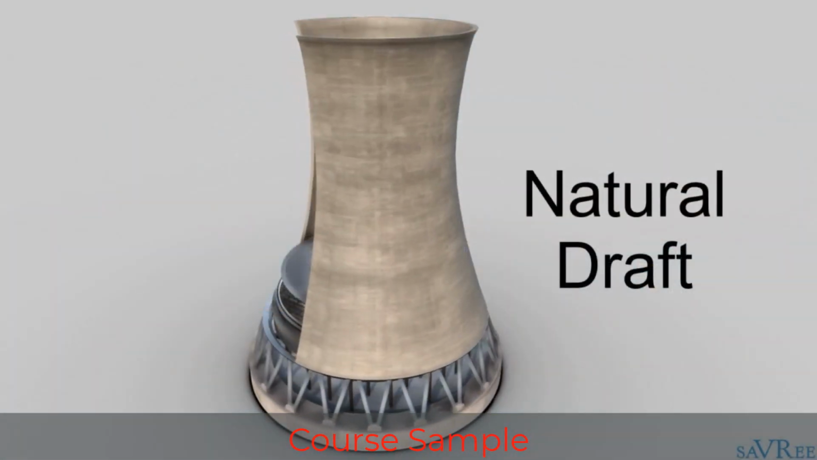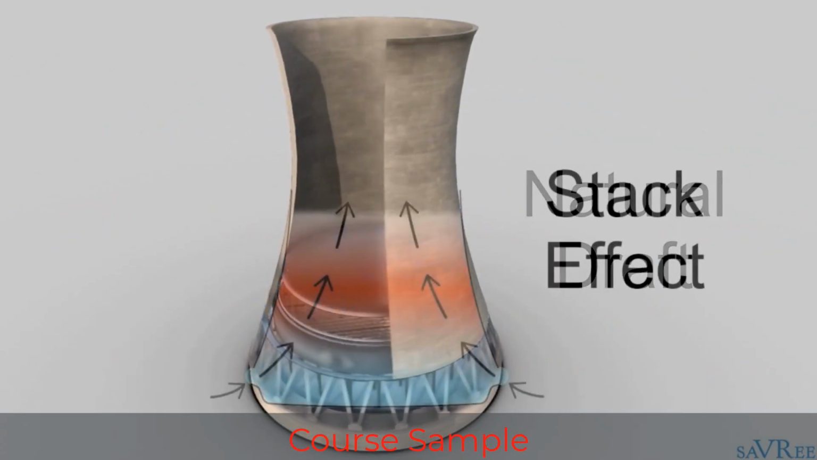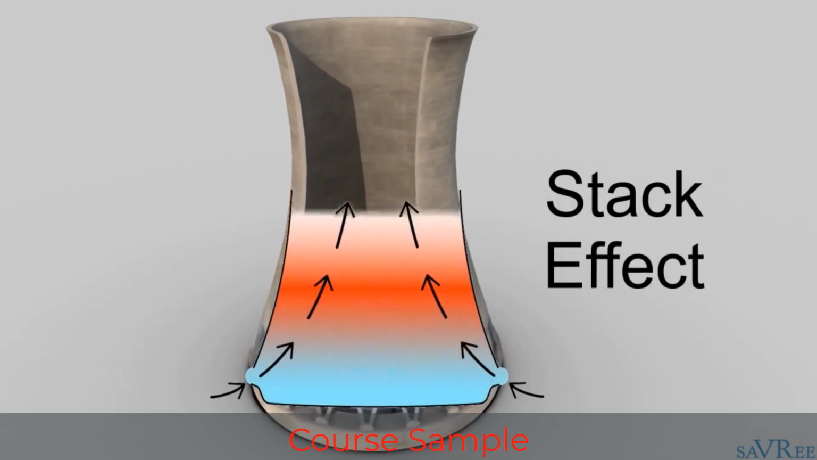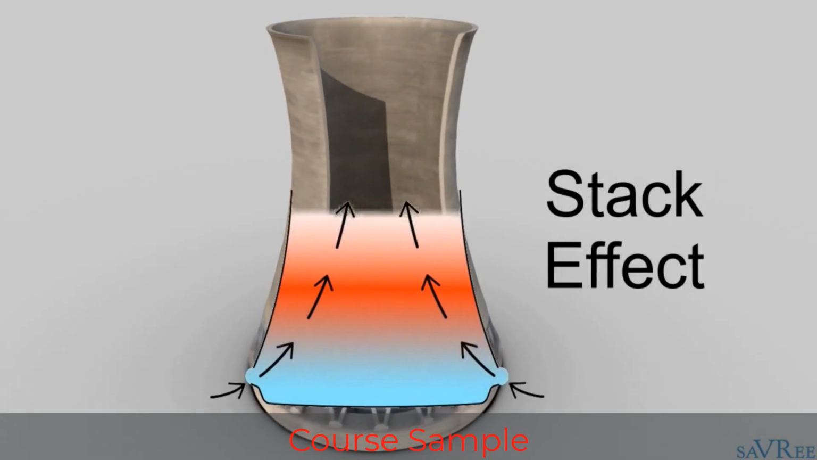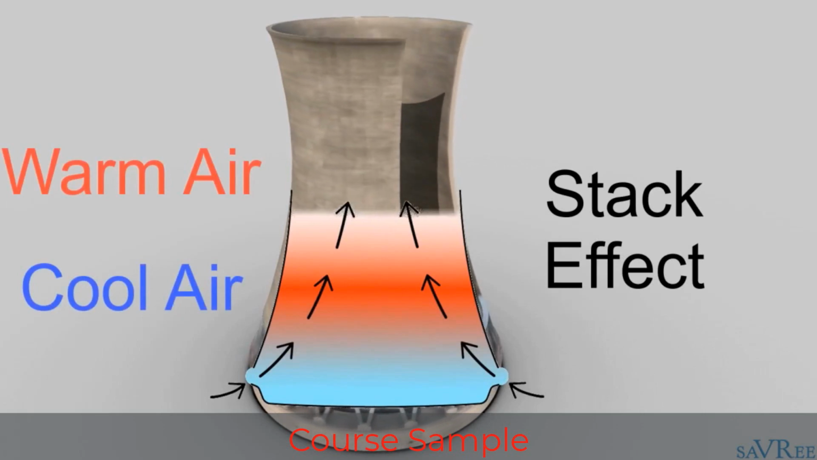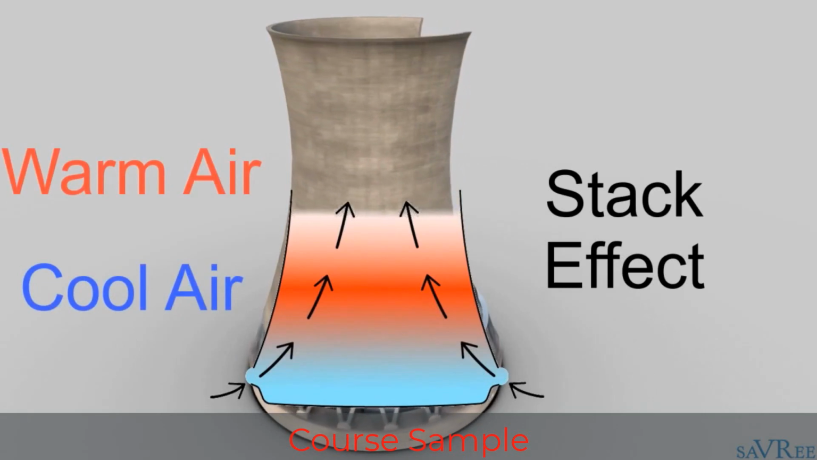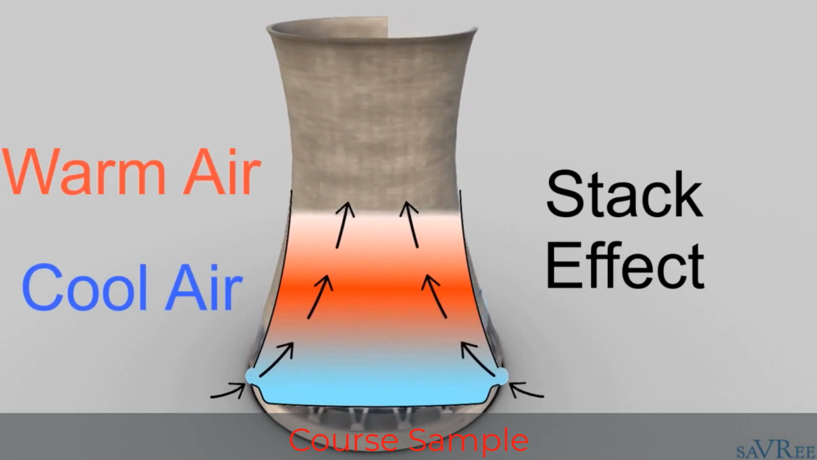Natural draft cooling towers rely upon the stack effect in order to obtain movement of air through the tower. Air is heated by the cooling water, and this causes its density to decrease. The warm air then rises above the cool air due to this density difference. In the tower, this means that the warm air moves upwards through the tower, whilst cooler air is drawn in